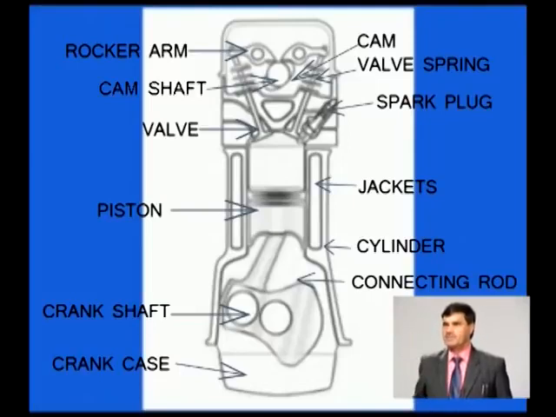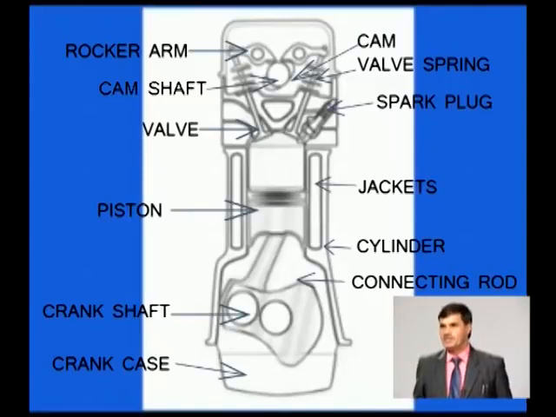It is forcing the piston in the downward direction due to generation of heat and creation of very high pressure in the cylinder. So, the piston is moving in the downward direction. The piston is connected to the crankshaft with the help of a connecting rod, and the crankshaft is continuously rotating. The crankshaft is housed in a crankcase where a lot of lubricating oil is also provided for reducing the friction of different components of the engine.